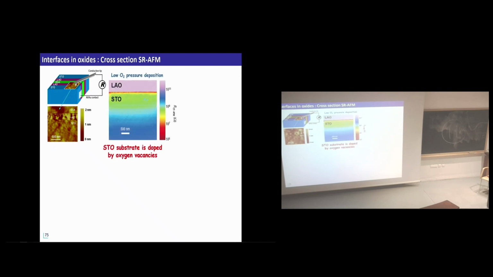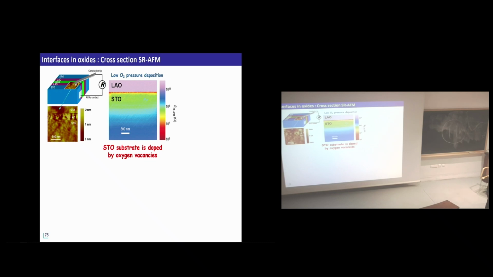And this is what we got. So usually lanthanum aluminate is deposited at low oxygen pressure. And if you don't pay attention, this is the result at the end. Your LAO is pink, insulating. The interface is, of course, a little more conductive. And then the whole substrate, all the way to the end, 500 microns away, is loaded with oxygen vacancies and is